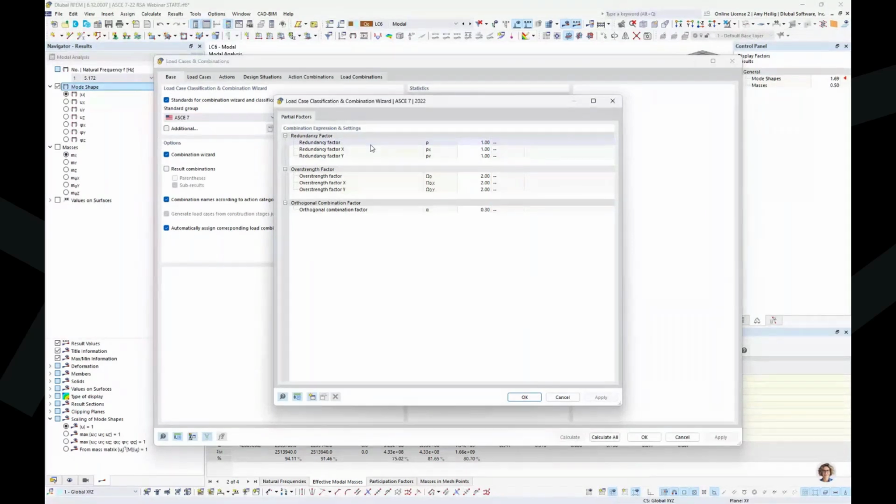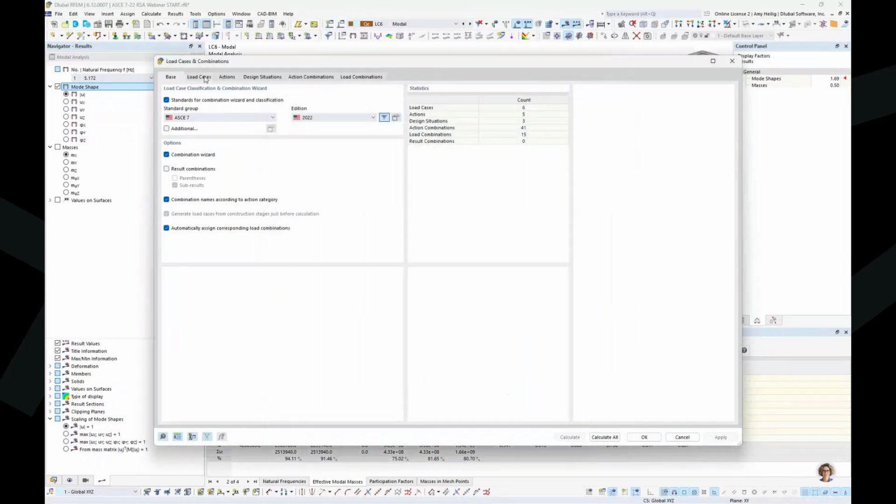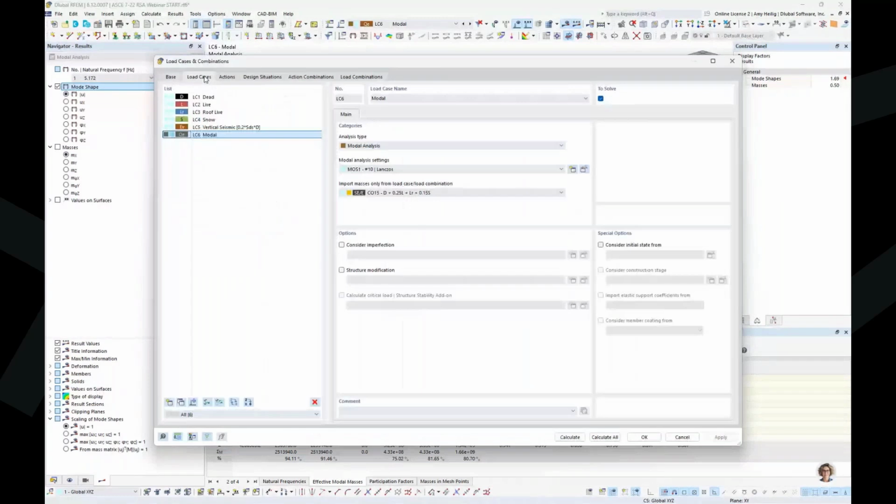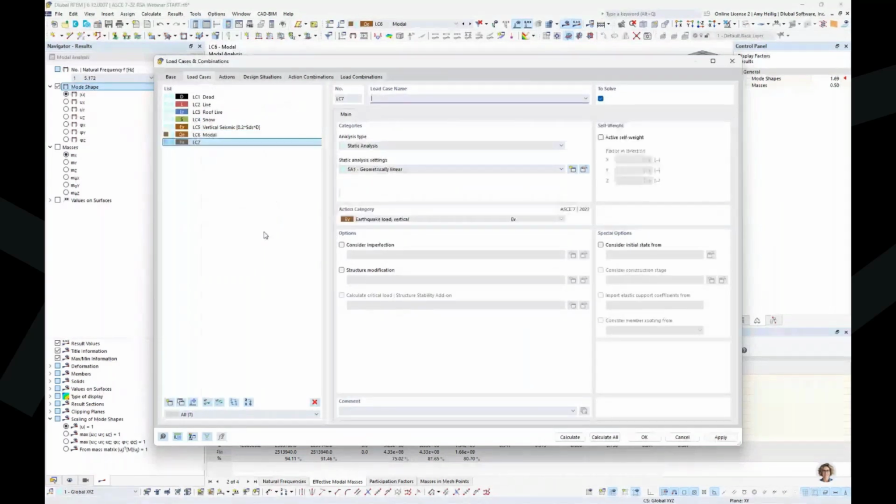Now, alternatively, if we weren't working with redundancy, but rather overstrength factors, this would also be applicable, the same workflow. That essentially this first line is where we set what that redundancy factor is. The additional lines here in the X and Y are completely irrelevant. They can be ignored for this first part of the example. So again, assuming we have the same redundancy factor of 1.0 in both directions, or with overstrength, same factor in both directions. So under the load cases, I'm going to create yet again a new load case here,